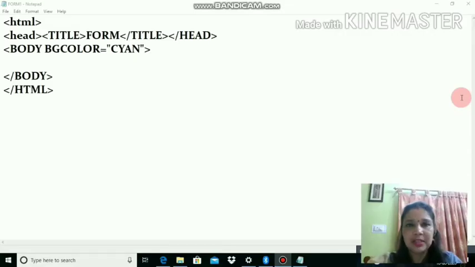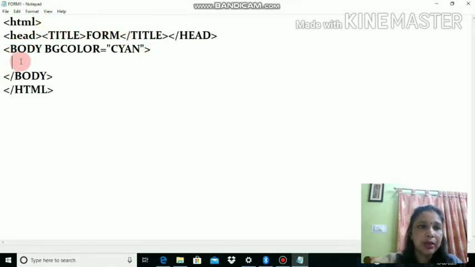Now that the presentation part is over, today we'll learn how to add a text control to the form, a normal text control and a password text control. As you know, passwords are always masked, so how to give that masking effect. I have already created the basic structure of the HTML web page, and I have given it the name form 1, already saved.